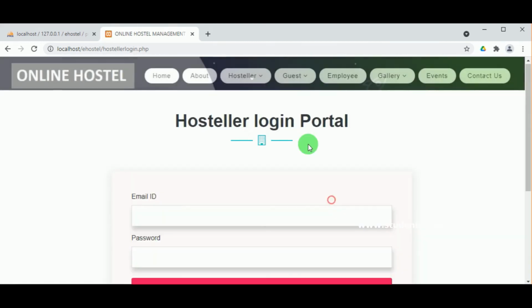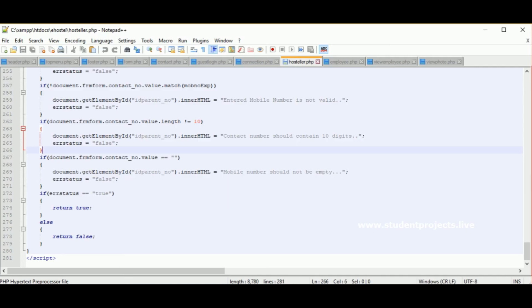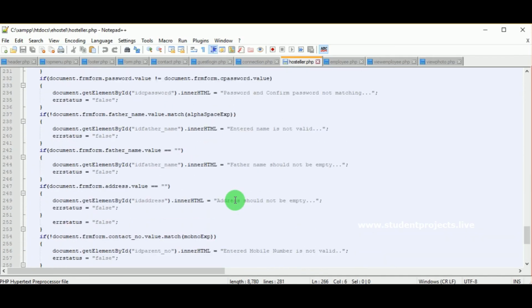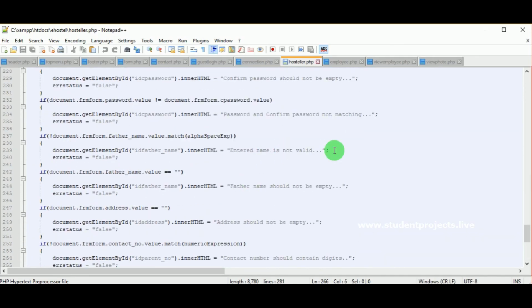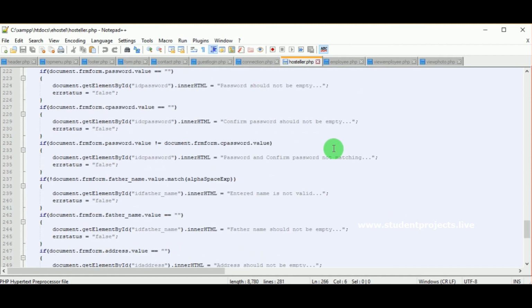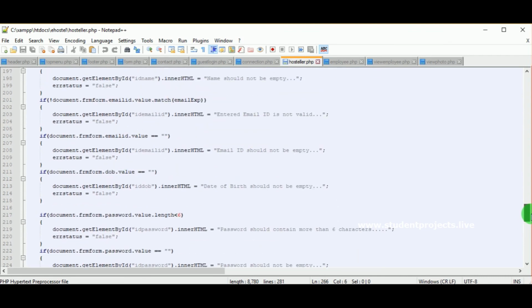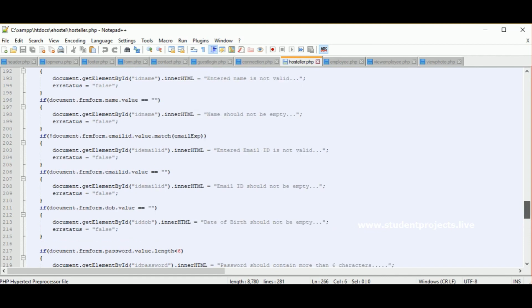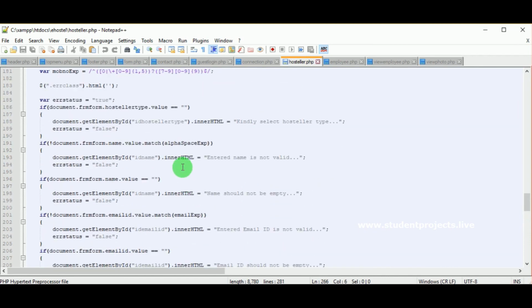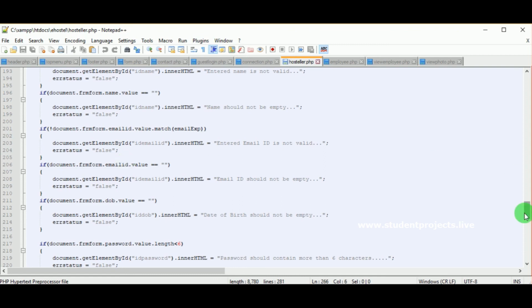So you can see the registration is done successfully and you are redirected to hostlerlogin.php. This is how the validation works, and validation is very important for all forms.